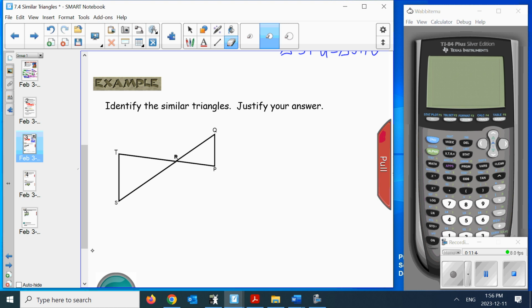Now this time, identify the similar triangles. Well, let's just take a look here. Can you guys name the smaller triangle or the large? I don't care which one. Name one of the triangles. RQP. Okay, we're going to take a look at this. Do you guys know intuitively? When I say intuitively, without mathematics,